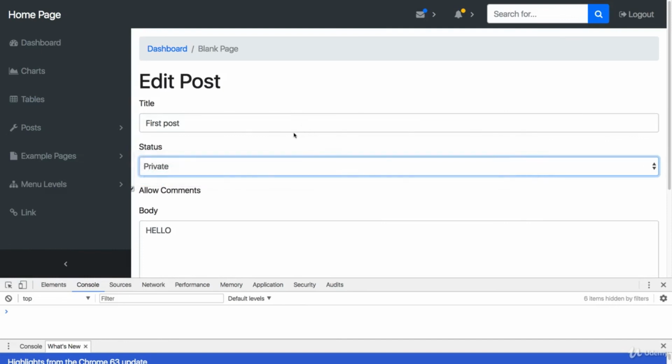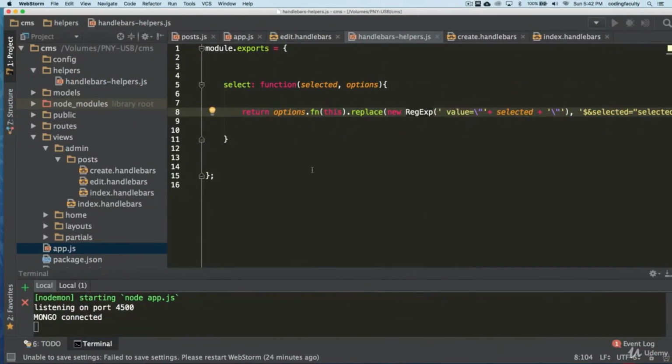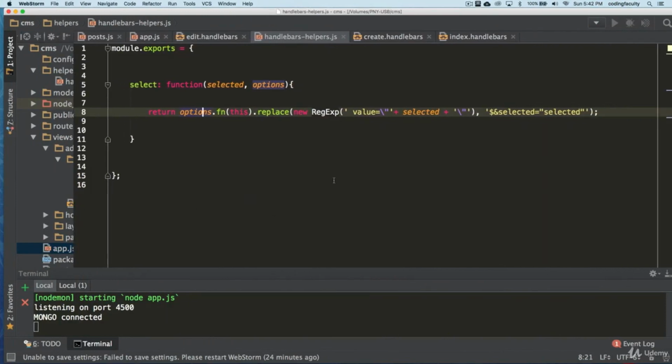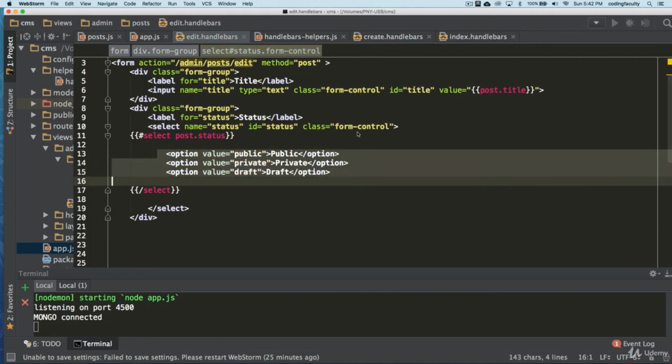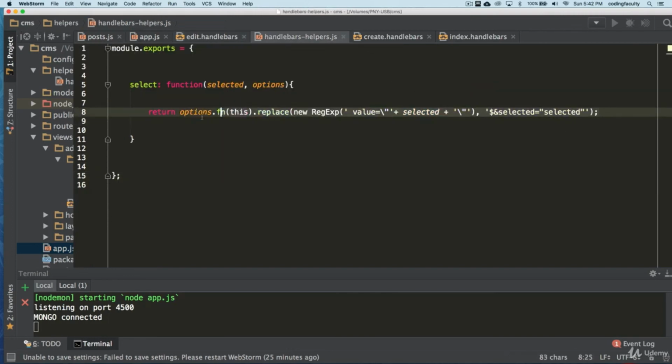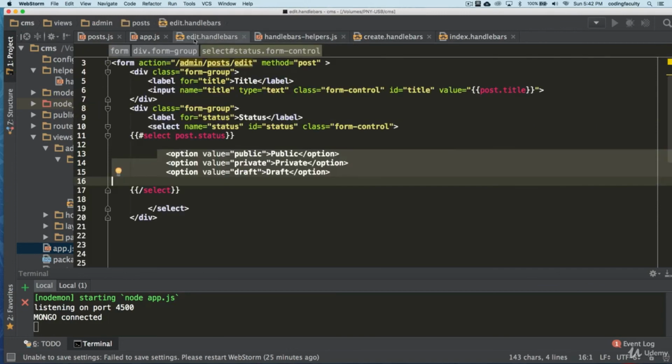Cool stuff, right? Okay. So again, here all we're doing is returning back all the options dynamically, but at the same time, we are replacing it. We are putting the post status as the selected value. We are inserting all this back to here, so we are replacing all this data and returning this. Simple as that. Don't overthink it.